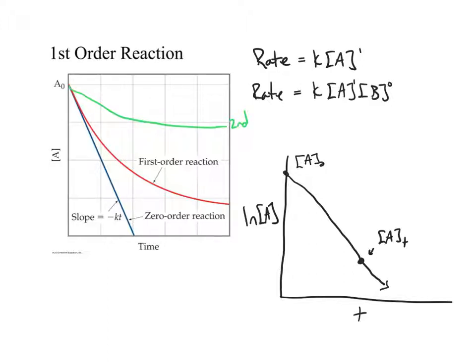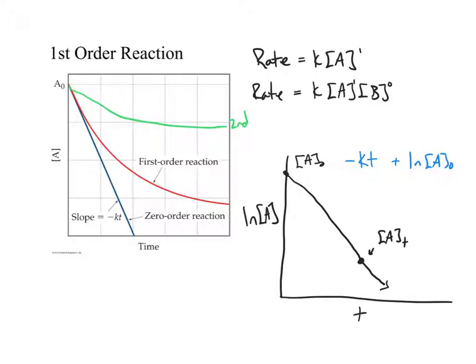equals mx plus b. But unlike the last graph, which had A at time 0 and A at time t in the form of just concentration, I now have the natural log. So again, my y-intercept, which is the point of the line where it crosses the vertical axis, is A at time 0, but I'm going to call that natural log of A at time 0. I'm still going to add that to negative k times t because, again, k is